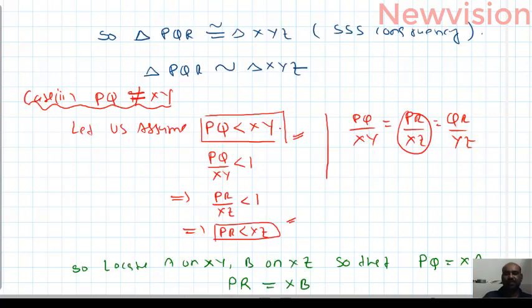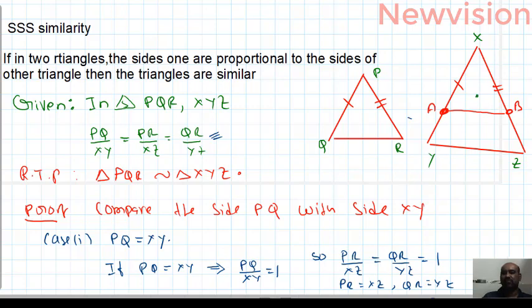I want to show you my plan. First of all, I want to prove the smaller triangle is similar to the bigger one. After that, I will prove that the smaller is similar to the smaller PQR. From there, I will get the result. That is my plan. Now, what happened? I want to prove that AB is parallel to YZ from triangles XAB, XYZ.